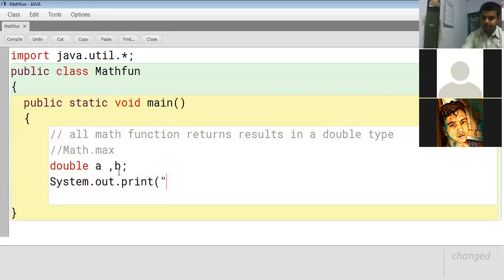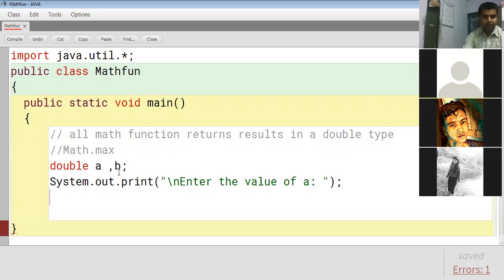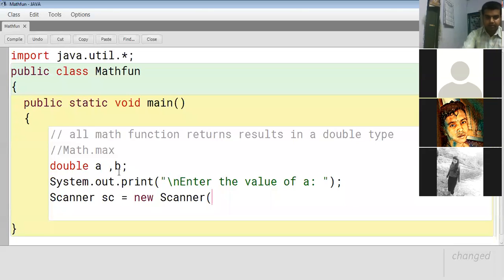Enter the value of a, and we will take it from the user. So the scanner class is required: Scanner sc is equal to new Scanner(System.in).